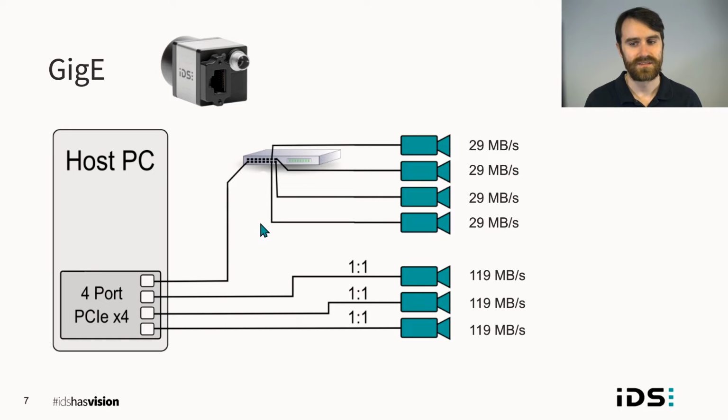Now, the bandwidth is based on the number of network controllers you have, and a switch does not add any additional network controllers. As you can see, it splits the available bandwidth among all of the devices attached to it. To increase the overall bandwidth, you can increase the number of network controllers by adding a network interface card. These afford you more ports directly on the PC, and in most cases, cards have a dedicated network controller per port. So in this instance, we have the full 1 GigE connection to each camera attached to this card. And cards can be rated for Power over Ethernet as well, meaning you can have a single cable to the camera.